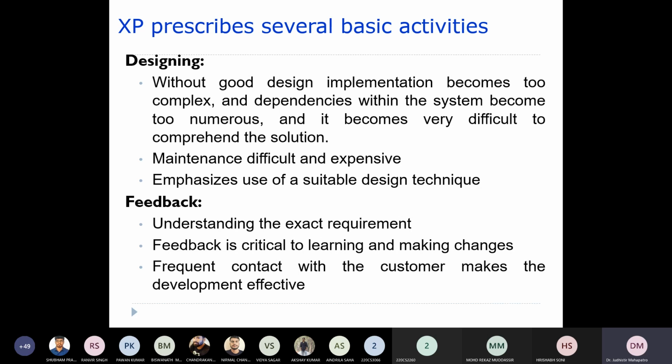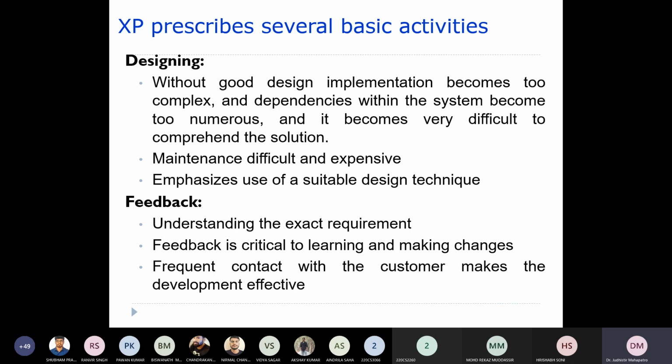When we talk about software design, we will talk about cohesion and coupling. These are two important topics. These modules should have high cohesion and low coupling.